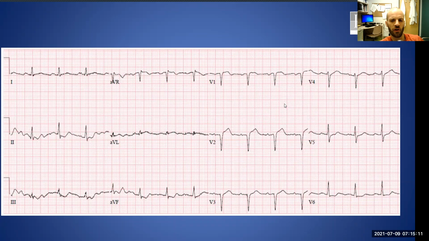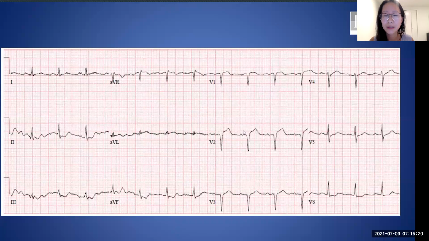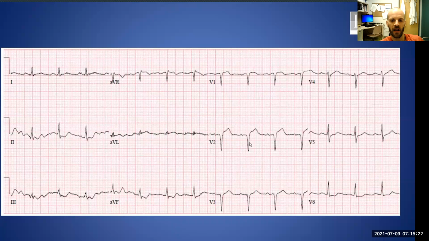So you don't think there are Q waves? Do we think the first deflection here is positive or negative in V1? That would be a Q wave. I think that's a Q wave. What about here? That would also be a Q wave. I think that's a Q wave too. You could, and there may be a slight hint of an R wave there, but it certainly doesn't look